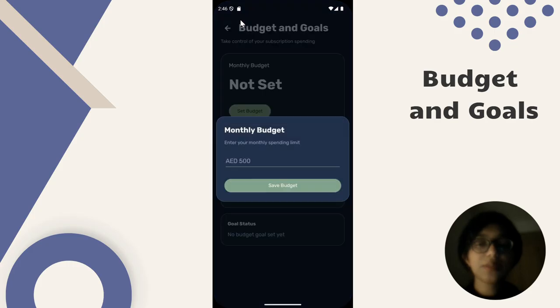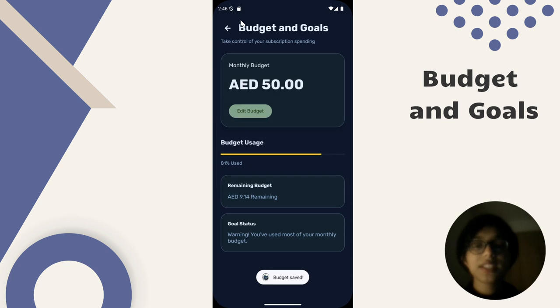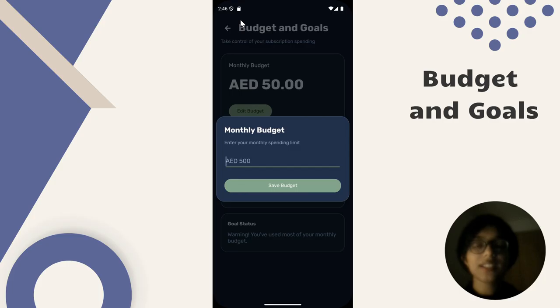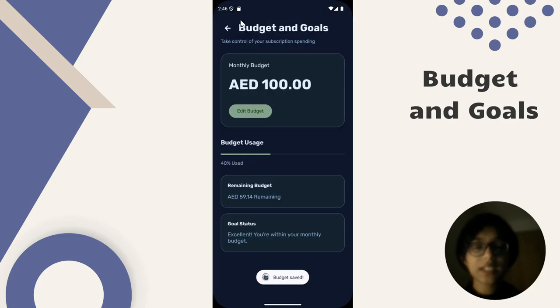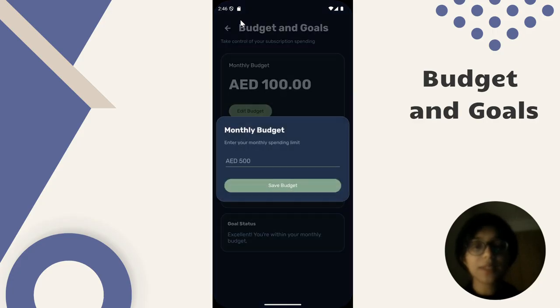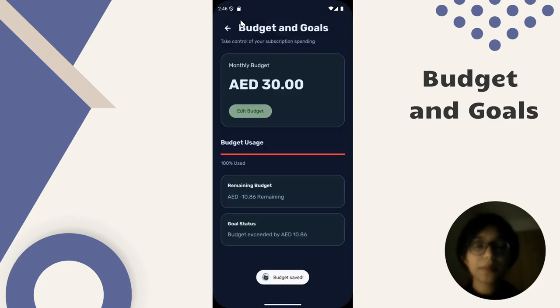This is the budget and goals screen, which helps users keep track of their subscription spending. Users can set a monthly budget by clicking the Set Budget button and entering their desired amount. The budget is stored in Firebase, and the app automatically calculates the user's total monthly spending based on the active subscriptions. It then displays the remaining budget, the percentage of the budget that has been used, and a goal status